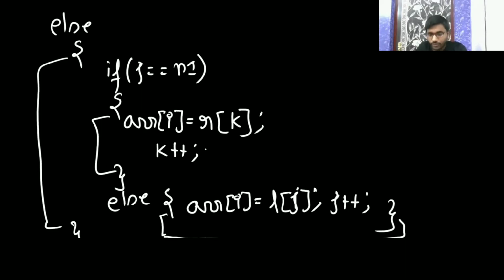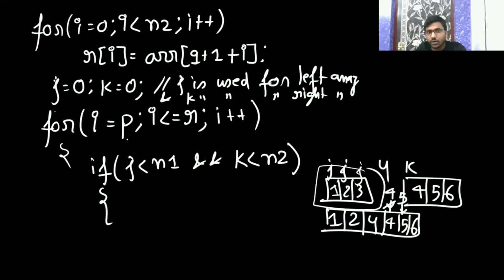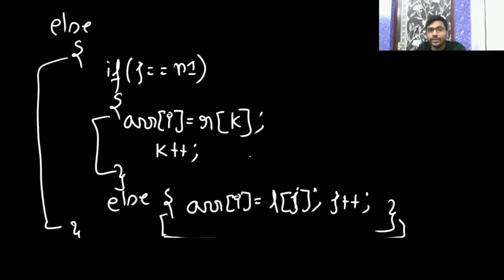Since we are scanning all the elements from I equal to R, I am running the for loop. That's why I don't require a while loop here. Every time when one half is finished, when we have inserted either the left array or the right array, this condition is going to be false, and I will always go in the else part. Am I clear? Please let me know whether it is clear or not.